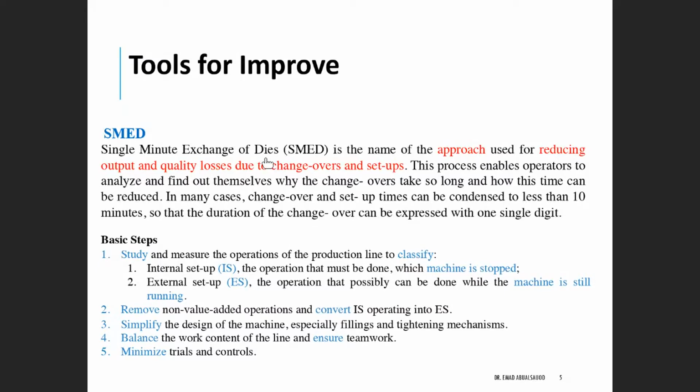SMED is another approach that you can use to reduce the setup time and the changeover time in a production line, in factories, in services. There are usually setup times or changeover times. If you go to a production line, you see sometimes they have to set up the equipment before they start producing, or they have to change